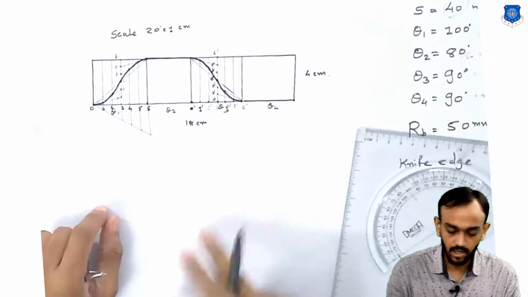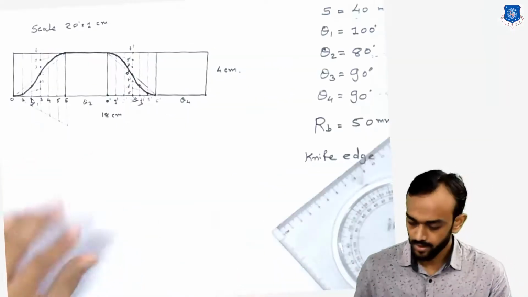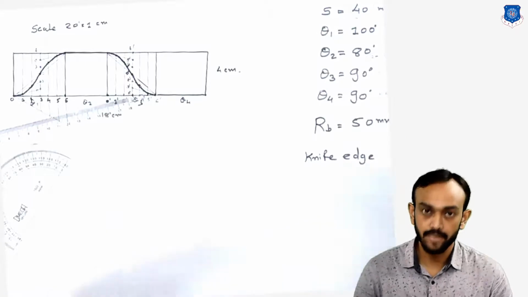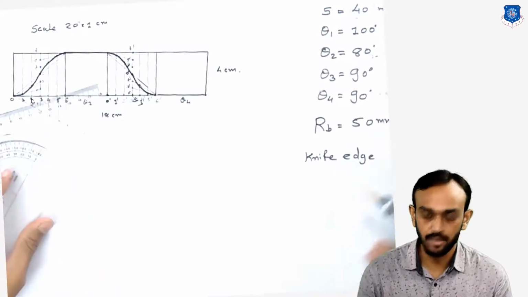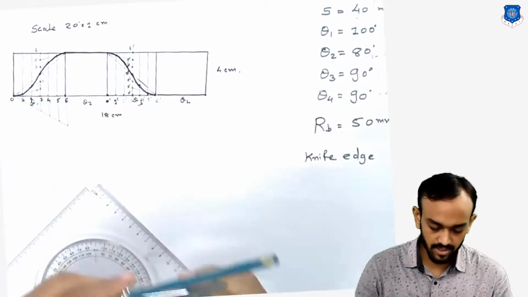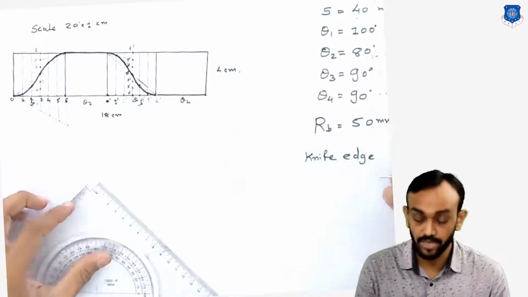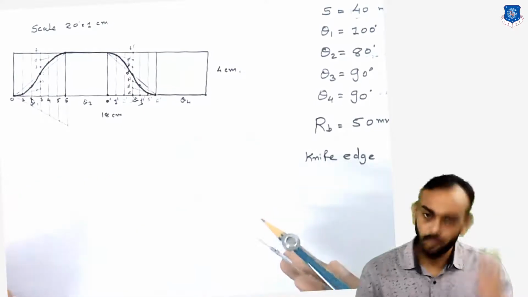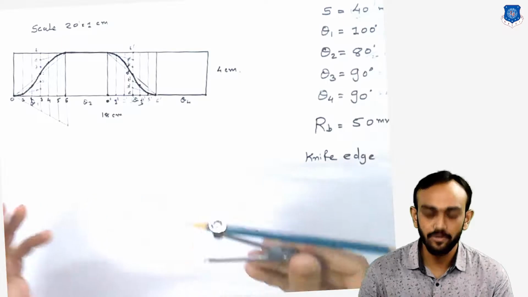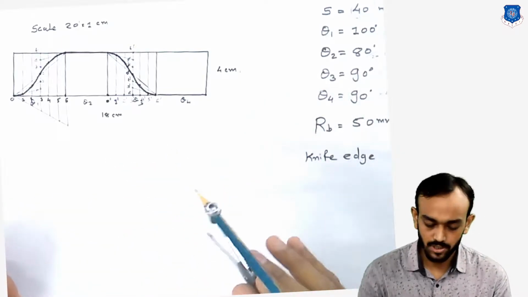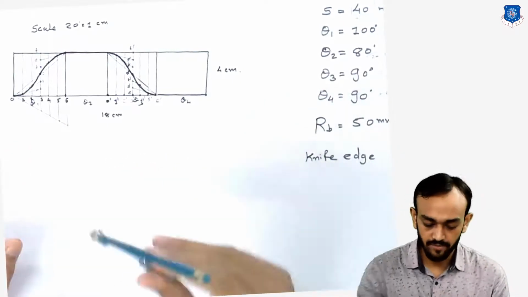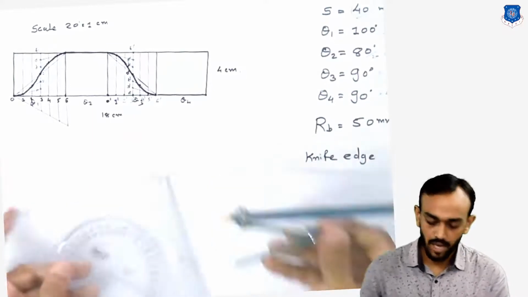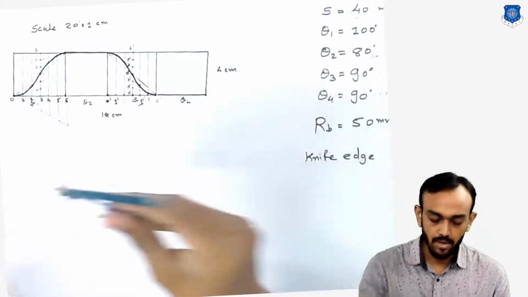So for the cam profile, first of all we have to make the base circle. 40 mm is given, so first of all we set the 50 mm. So 50 mm is the radius, so let's set the 50 mm here. Mostly students are confused about where to start. So first of all you have to decide at which place we have to make the base circle. So 50 mm is there, so I have said the radius is 50 mm here, but where do I have to draw this.